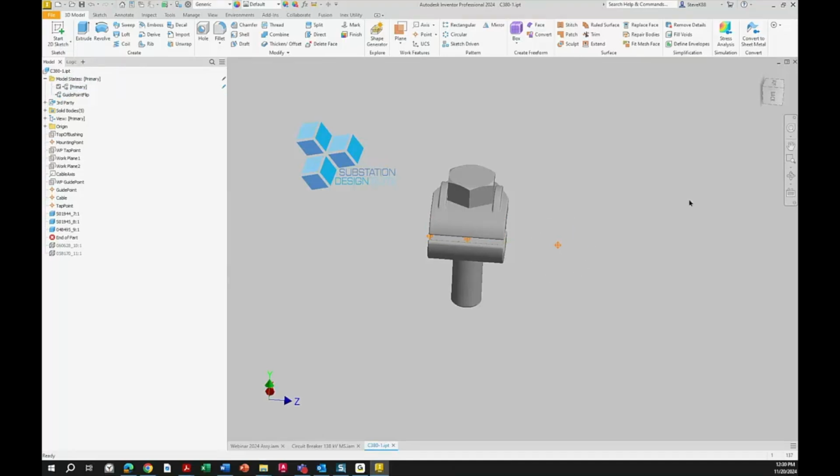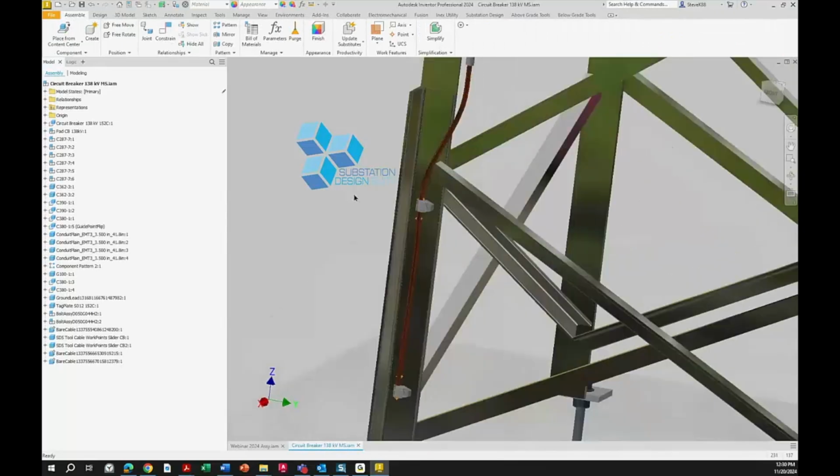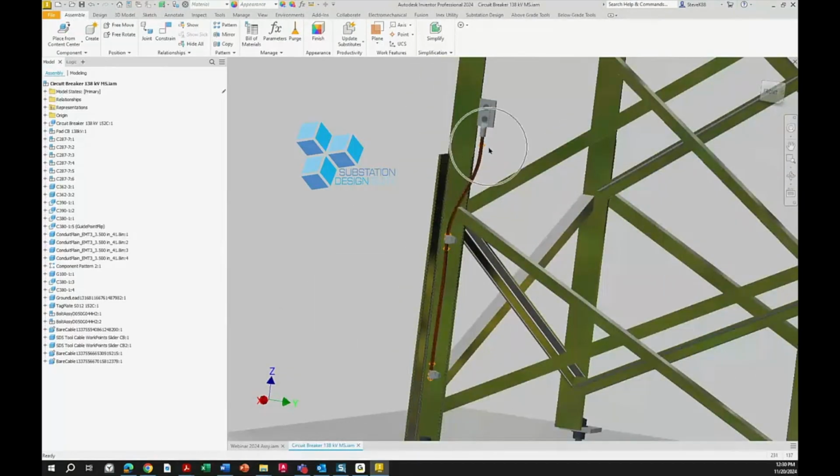So my direction of my cable is going to come in from the right-hand side, and on this one, it's going to come in from the left-hand side. So now I have two positions for this, so that anytime I place it, I can adjust where that guide point is. And it helps me place my cable. So come into here, and because I got my guide point, I have a guide point here coming out of the lug. I got a guide point here coming out of that fitting that we just looked at, and I got a guide point on the top of that fitting